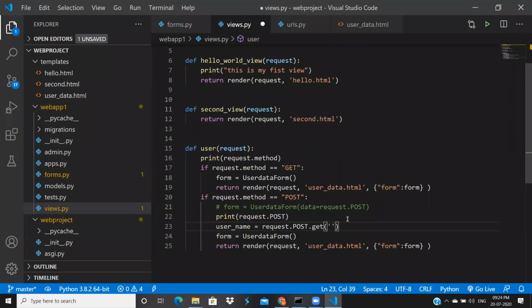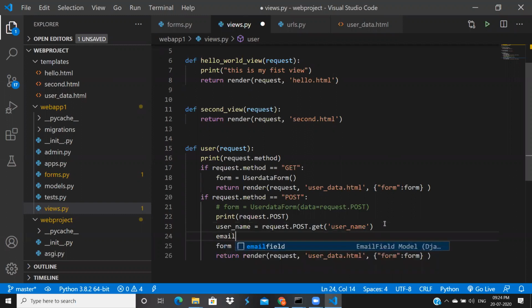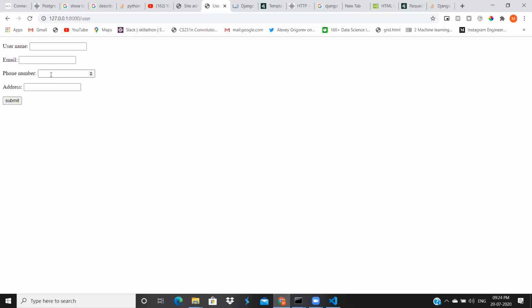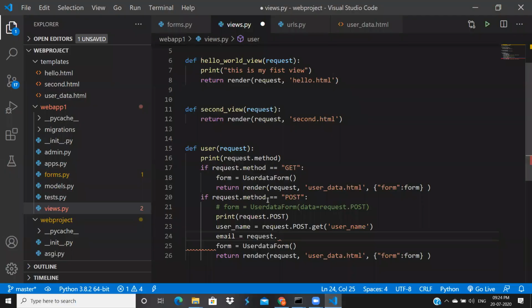I'll get my username value inside this user_name. After that, we have email from the request. In general, a user will enter all data inside this form and click on the submit button. He knows only this much, but the backend will get the request to this user function.